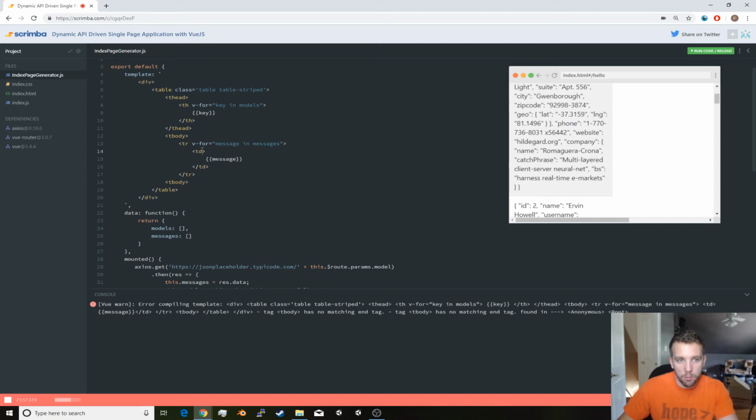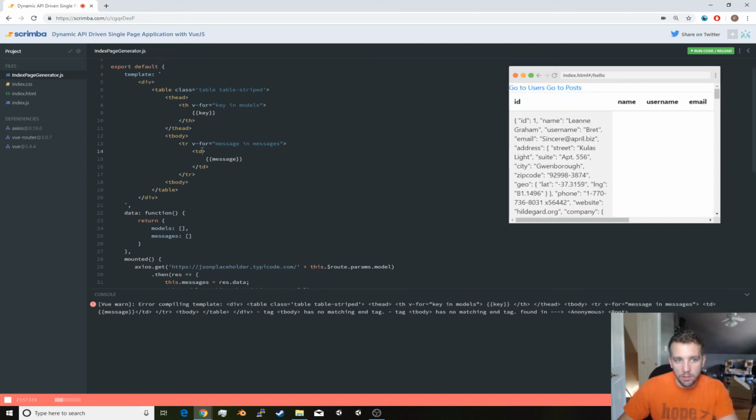I'm going to loop through each cell so we can create as many cells as there are headers or columns, so we can split up this data. So again, this might not be the best way to do it, but this is the way we're going to do it: we have a nested for loop situation. And we do v-for key in models,